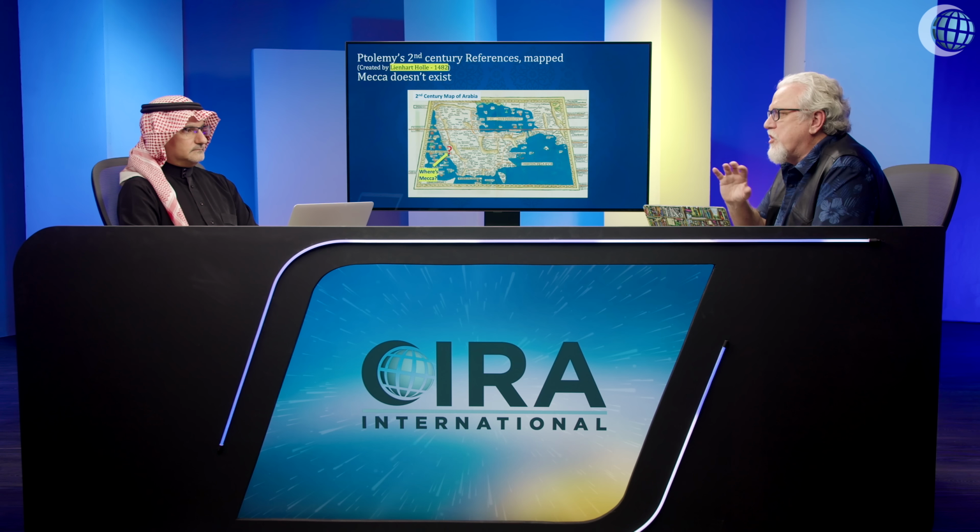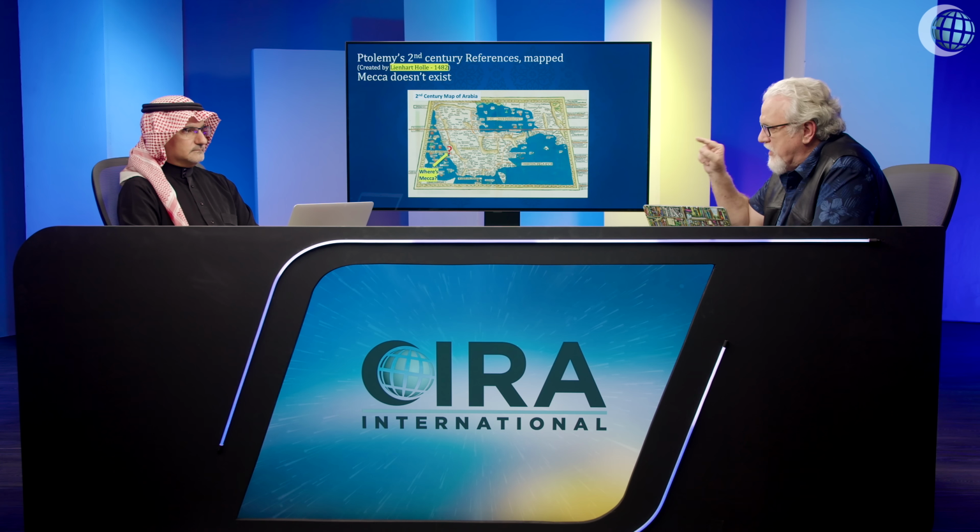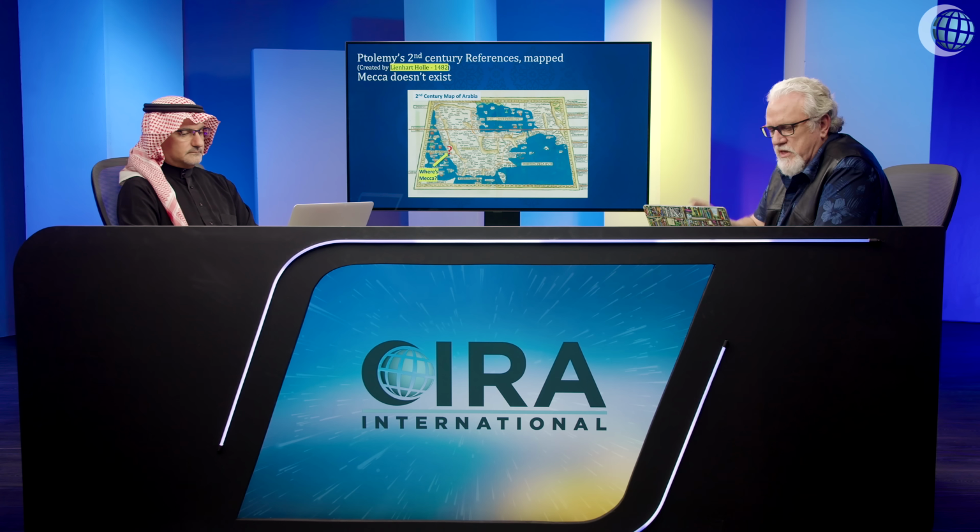What do you notice is missing? Mecca. Mecca is missing. The most important city, the center of everywhere, the center of history, where Adam and Eve lived. Exactly. Adam and Eve, Abraham and Ishmael. I mean, they definitely predated the 2nd century. So, obviously, Ptolemy did not know about Mecca, the most significant city. The city that should have been the first thing he put on the map is not in this map from